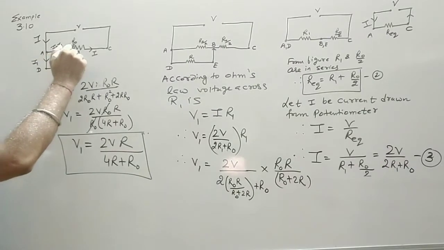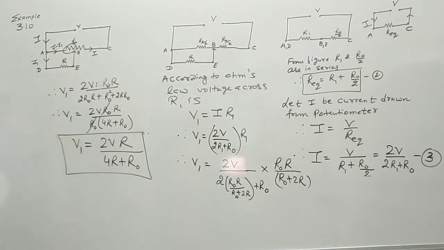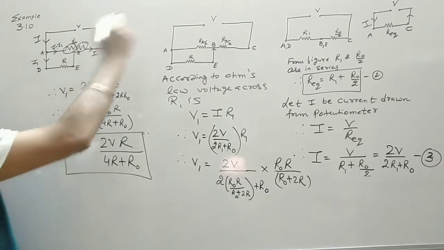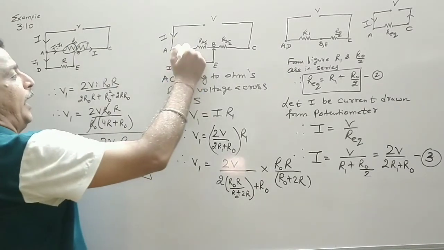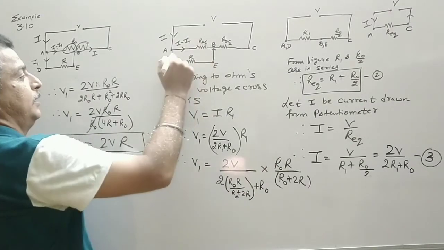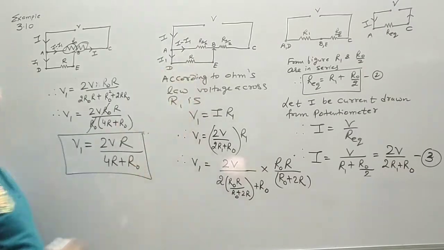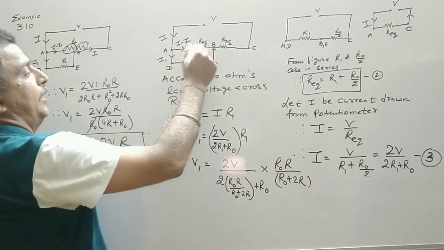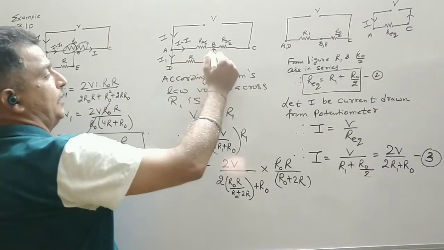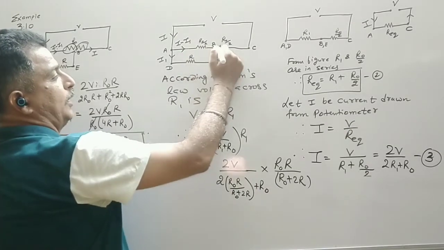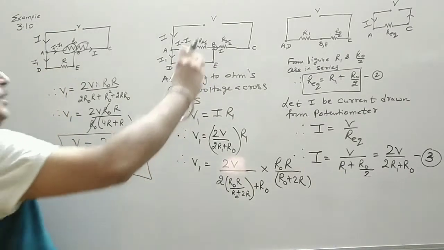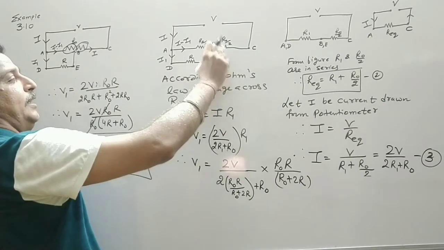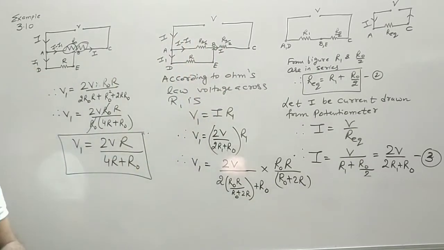Now in this half of the resistance, the current flowing is I minus I1, and for the remaining half, the current flowing is I. So if I draw this equivalent diagram, I can show this I here. At this point, the current is I minus I1. The current through resistance R is I1, and the current through R0 by 2 is I minus I1. So at junction B, both the currents meet and the current is I. So this is the distribution of the current. In half of this resistance, the current flowing is I, and in another half, the current is I minus I1.